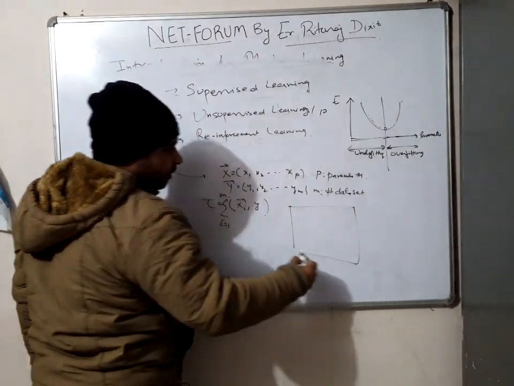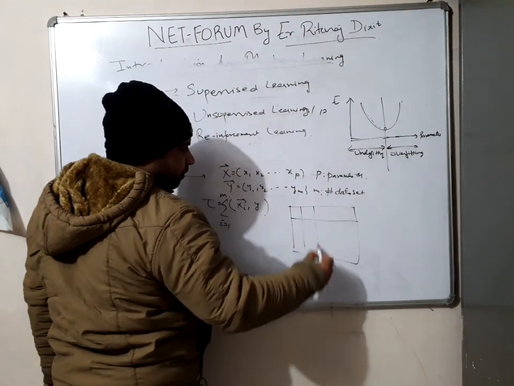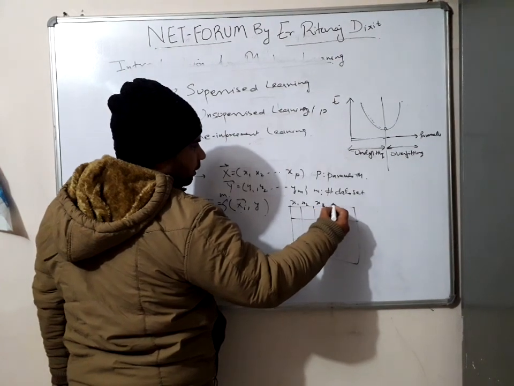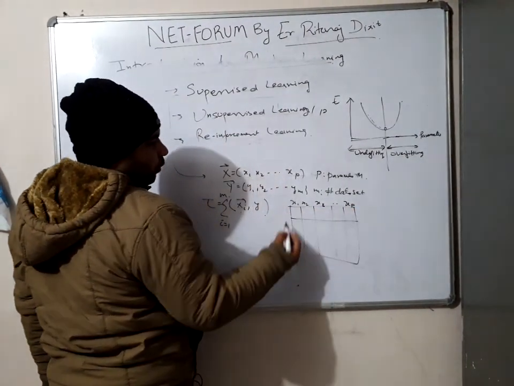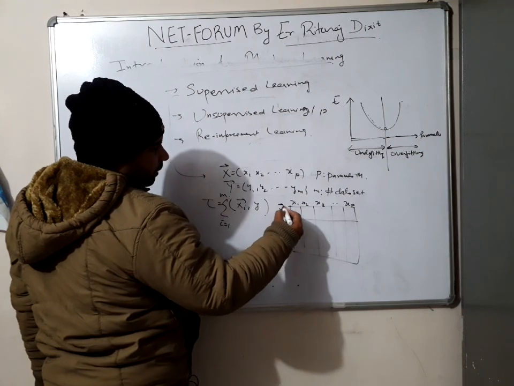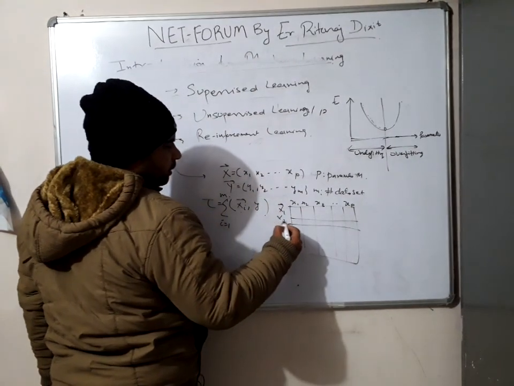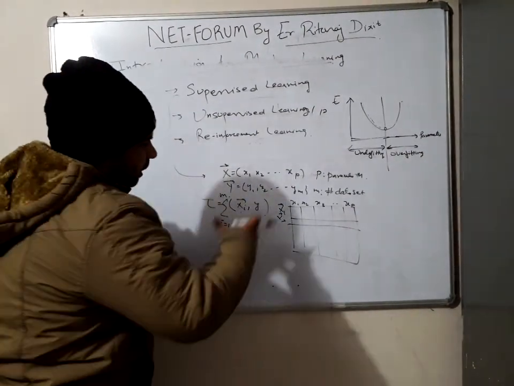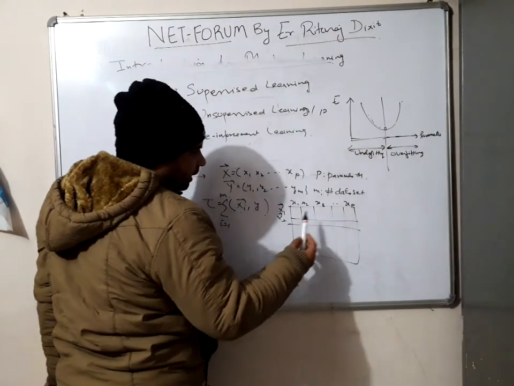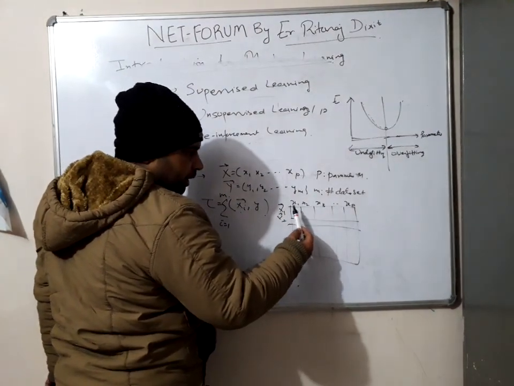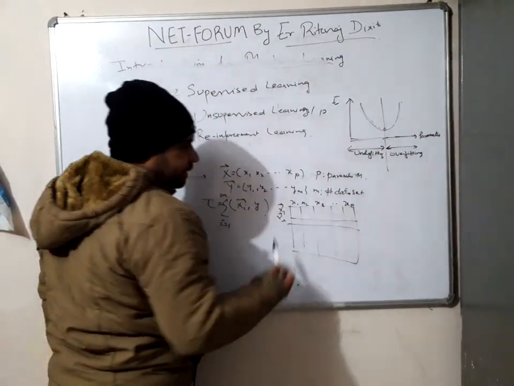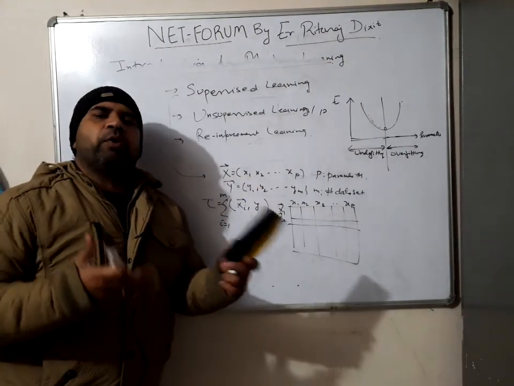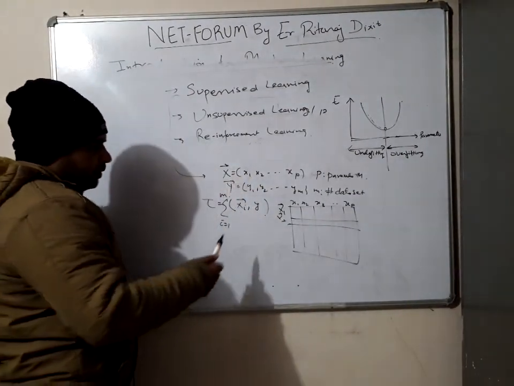Or we can say that if this is our matrix, then x1, x2, x3, and so on to xp are the components for the first vector, right? Similarly for the second vector. Suppose I'm working on a face recognition algorithm, then these will be some features like the shape of the nose, the spacing between the eyes, color of the eyes, color of the cheek, and so on. Number of different features with the help of which we can recognize the face. Now, what does y mean?